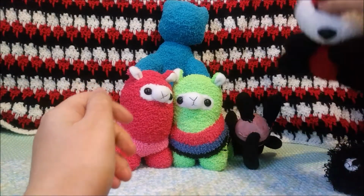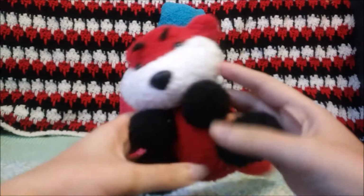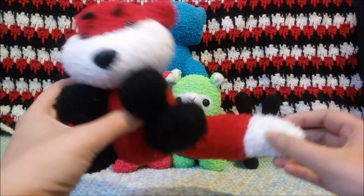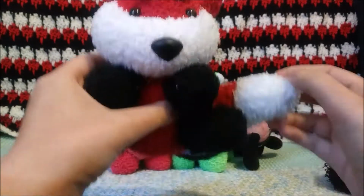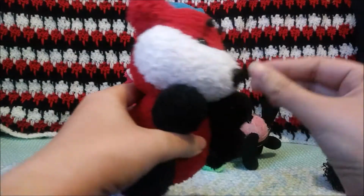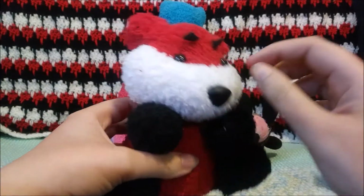This one was actually a plushie I made for my son, and it's supposed to be a fox. I believe I made it around Valentine's Day because that's when his due date was gonna be. So I tried to hurry and make this as quickly as possible, and I had a beautiful deep red sock and some black socks and white socks, and I even tried putting safety eyes and nose on him, and it